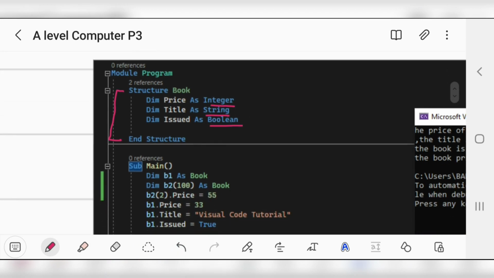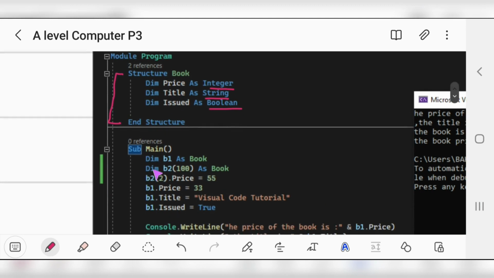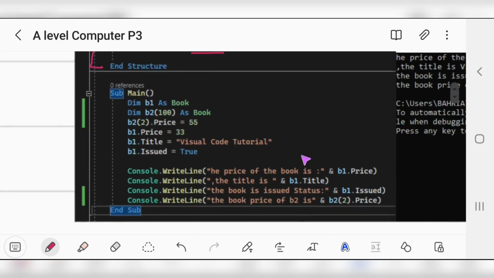Now after creating my user defined data type, I can declare the variables: dim b1 as book. I can also have an array of this. Okay, b2, this is an array of 100 elements. Dim b2 as book, dim b2 index number 2 dot price equals 55, b1 dot price. Okay, and I can also give an output as well, b1 dot price,